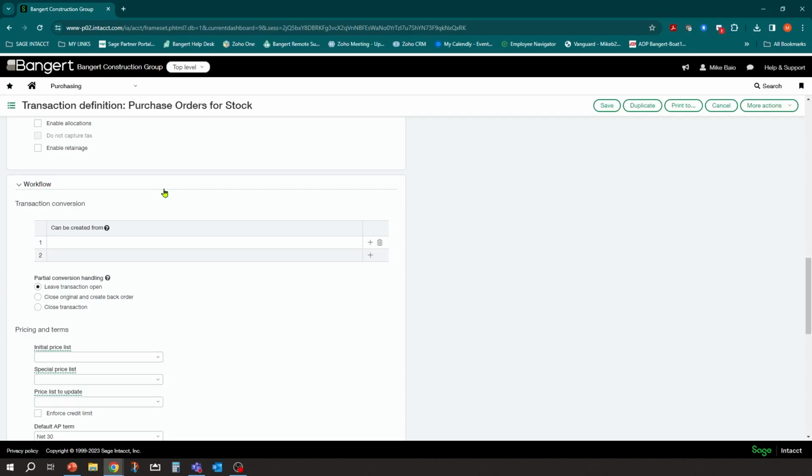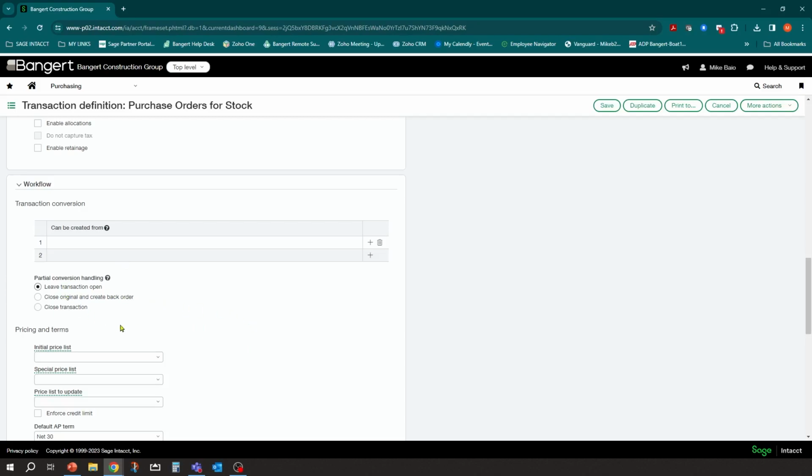All right, can you start this or convert this from something else? Maybe you have a purchase requisition phase 1 that you could turn into purchase orders, then you would say you can base that. But we'll see this in the next definition. So we're going to leave it blank. This is the initial document.